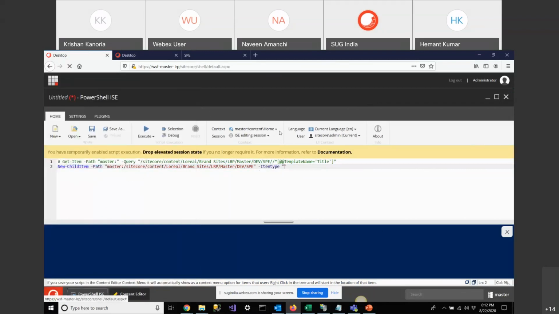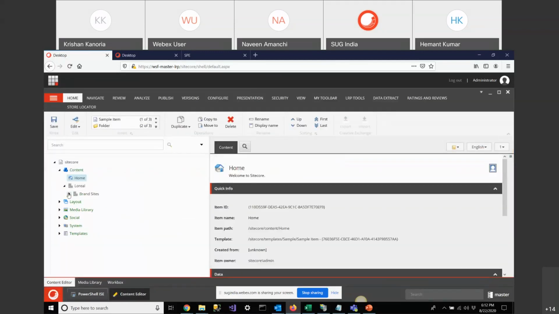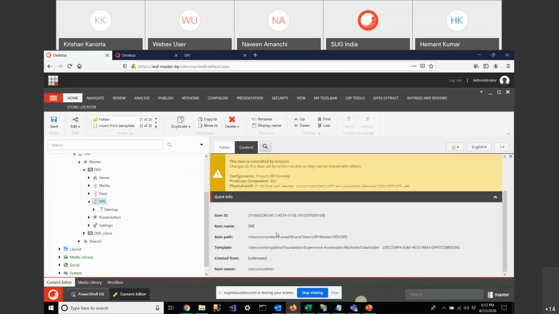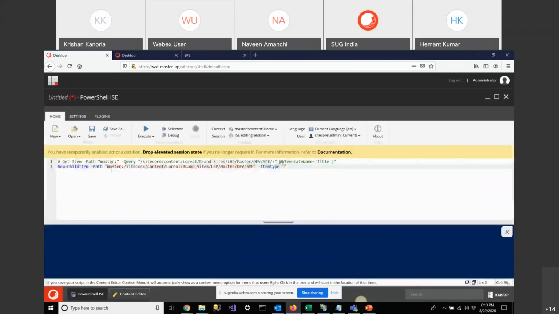If I copy the path again, suppose I'm creating a new item here, I can copy the path.